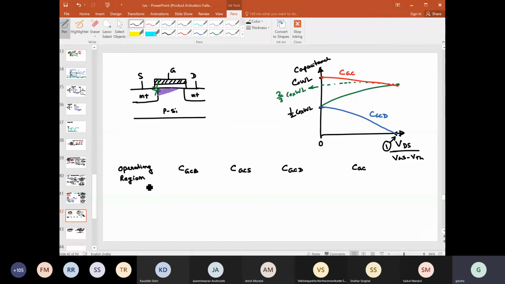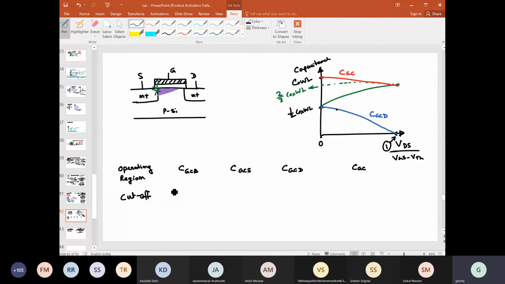Because if it is operating in the cutoff, we will say the value of VGCB is this much, VGCS is this much, right? We will try to fix that. Otherwise, to find the exact value at this point, it will be tough for us. And there is no point in doing this because the simulator can always do this quite seamlessly and easily, right? But our main intention is to understand, not to do some rigorous calculation. So operating regions, first, say the cutoff region.